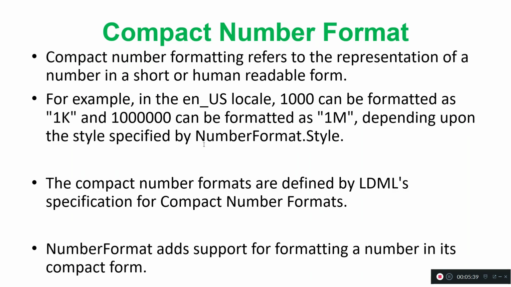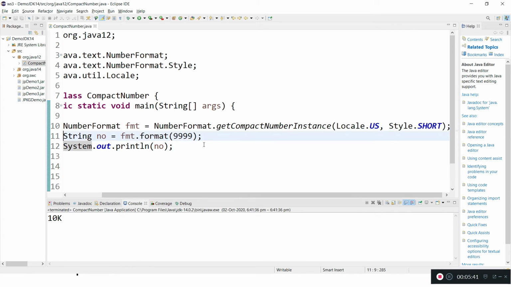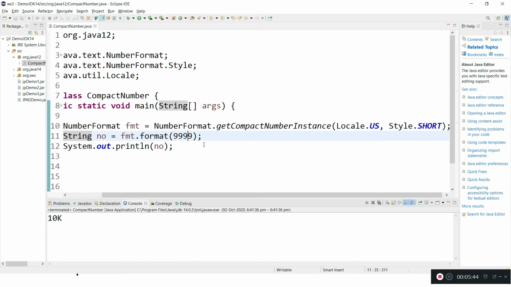This is a good feature. And one more thing we can discuss here, but this is not part of Java 12. This was released in JDK 9. We can use underscores in between numbers. If you are writing a long number, to get better understanding you can give underscores. This also refers to a number only. Underscores are allowed inside a number from Java 9 onwards.